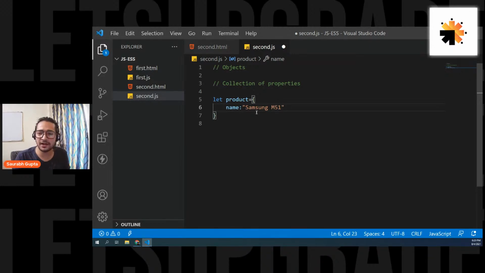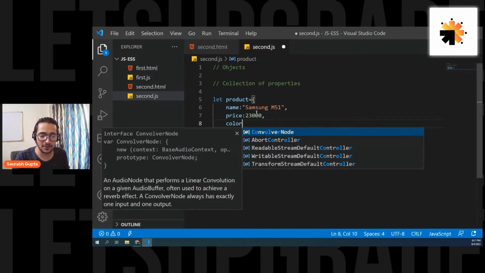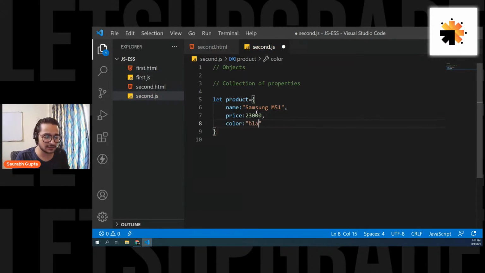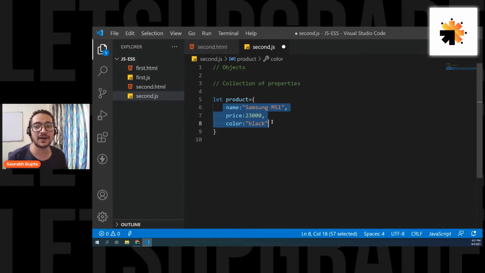Then price is one more property of that product. It's a number, so you don't have to put double quotes: 23,000. And let's say I have one more property named color, that is simply black. So there's a product object, and these are the three features which define the product: Samsung M51, its price is 23,000, and its color is black. Is that clear, everyone? Simple.